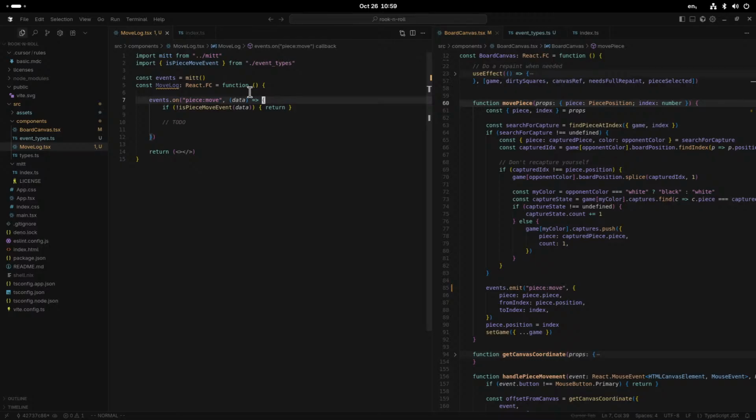Oh, I know why I'm feeling stuck. I don't even have any sort of, I don't really have a data structure defined here. Now, I am sensing a problem. If I recall correctly,